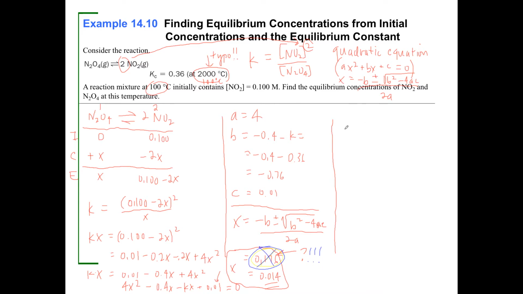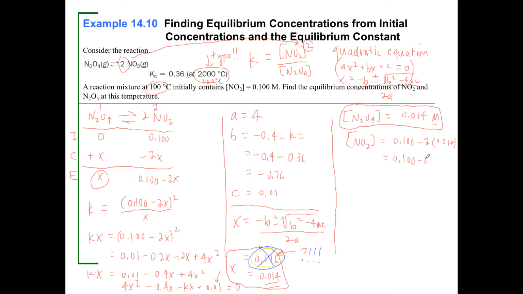And so the equilibrium concentrations of these are going to be: N2O4 is going to be x, which is 0.014 molar. And the concentration of nitrogen dioxide, I'm going to put a box around this, okay? That's my one answer. And then my other answer is going to be 0.100 minus 2x, which is 0.014,